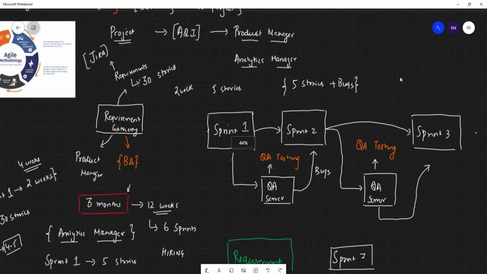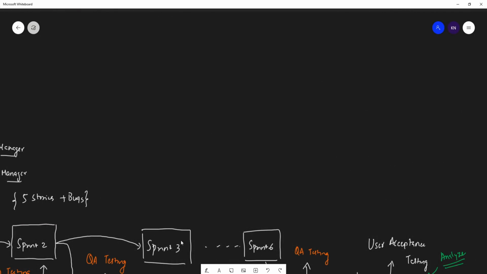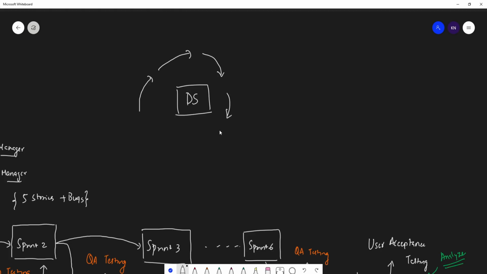Suppose this is my data science product. If I want to understand how this development actually works, we start with requirement analysis, then sprint planning, then development, then deployment, then review and monitoring, and then again this entire process continues whenever we need to add any specific modules.